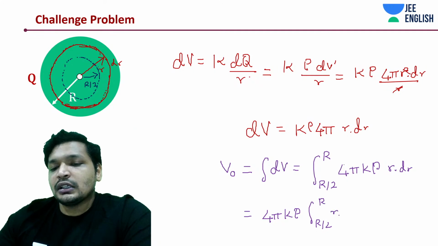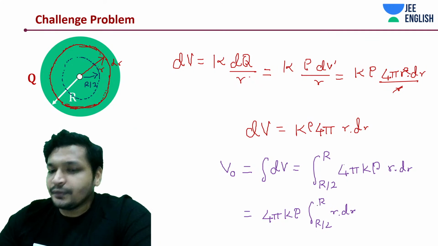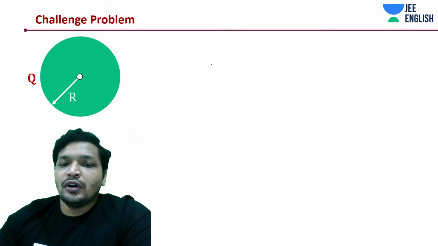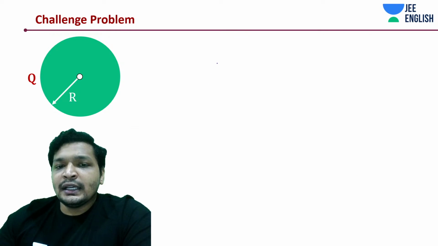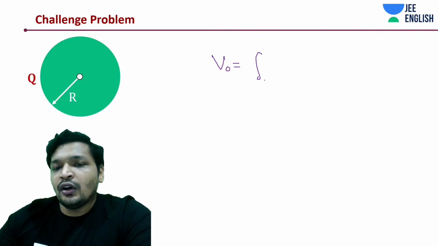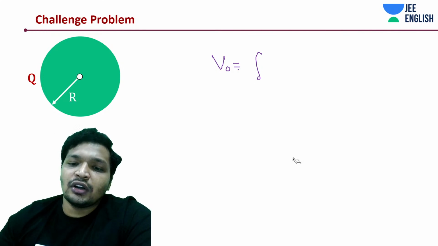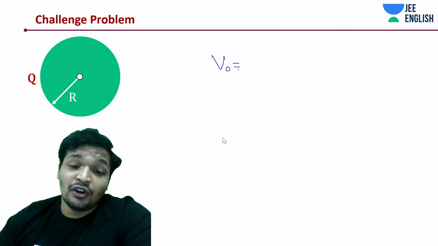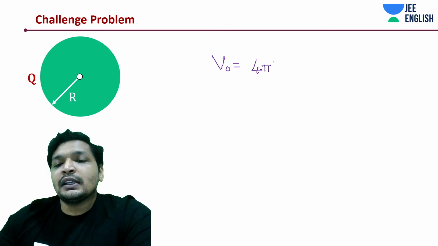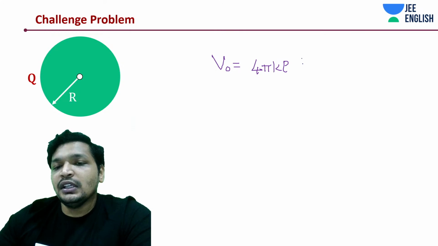Just integrate it, it's going to be r square. So the integrated V outside is equal to the integral of, let's take the constant values outside. So that would be 4 pi k into rho into r dr, which is going to be r